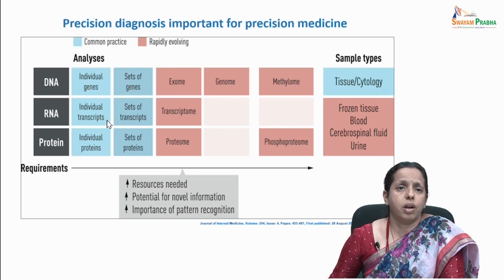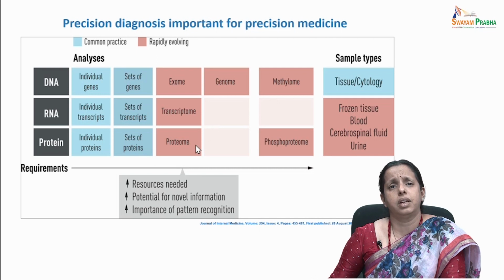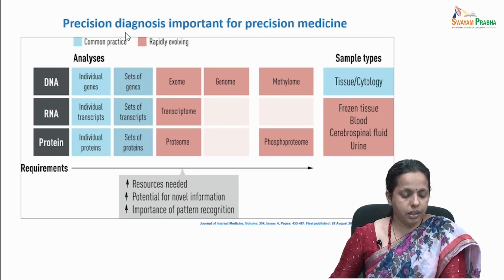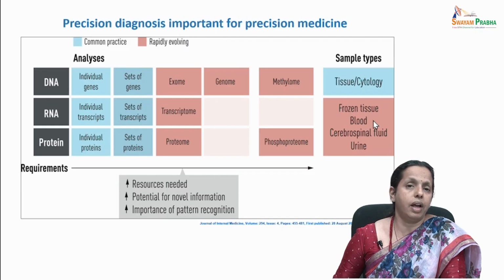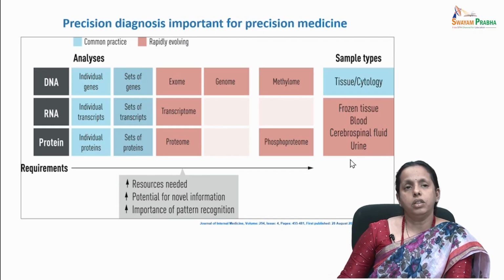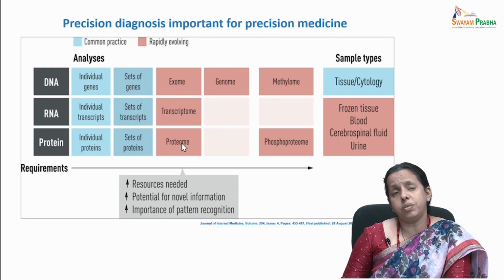Then for individual transcripts, you have a set of transcripts. Then you have the proteome, where you have the MALDI-TOF. This is slowly evolving. Now, instead of taking specific genes, how about going for exome sequencing, transcriptome sequencing, proteome? This is all evolving, but in the current areas you also have the methylome. As I mentioned, you can even use your blood, cerebrospinal fluid, or the urine. All of this requires a lot of resources, but there is a lot of scope, because you get a huge amount of data from this,